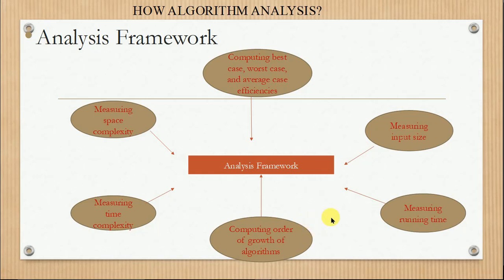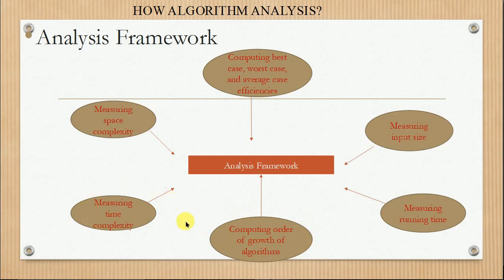So initially n was equal to 4, now n is equal to 16. The time taken for 4 elements was 2 seconds, and the time taken for 16 elements is 4 seconds. So the order of growth of this algorithm will become n square. So how is this n square calculated? Again, I will show you with an example in my next video.